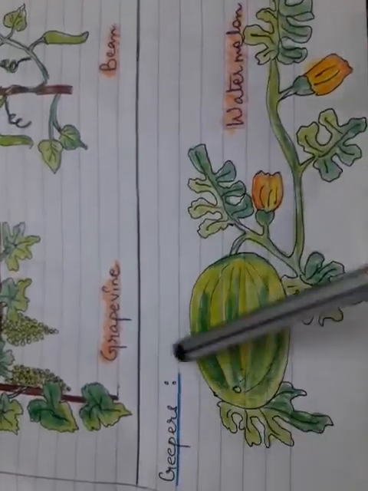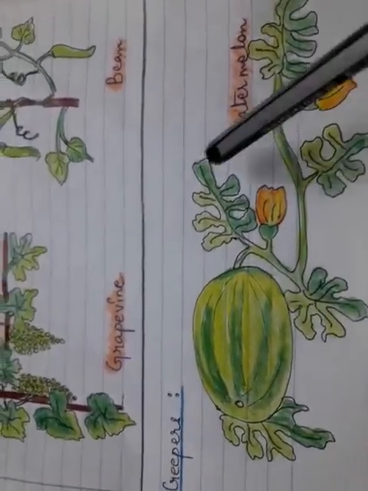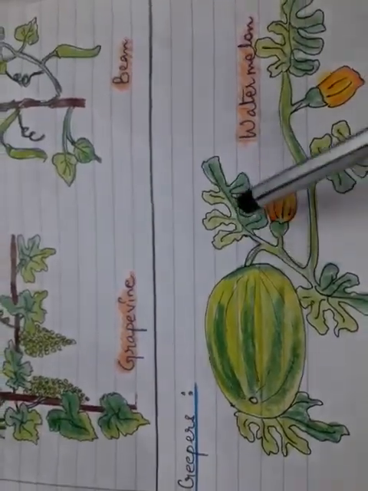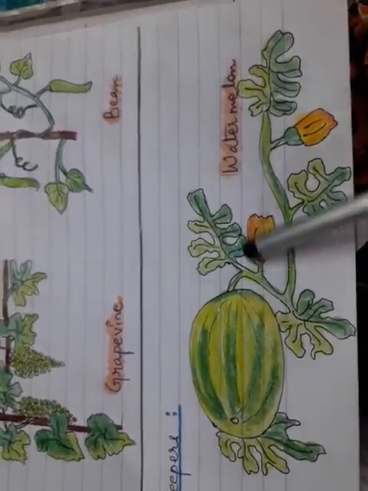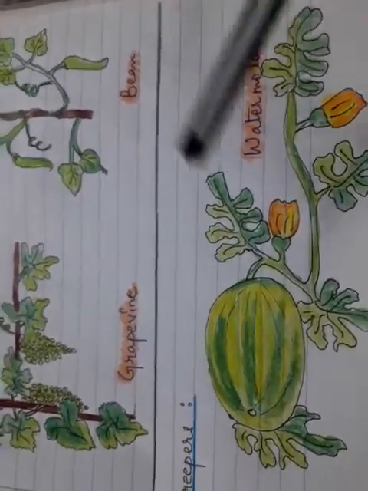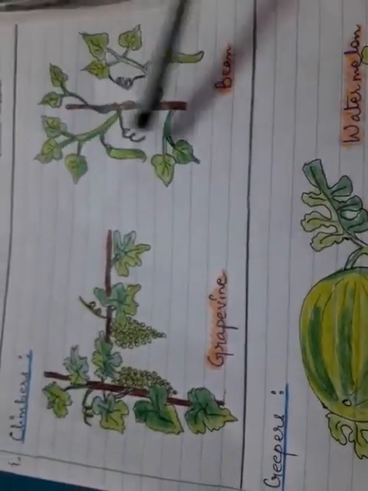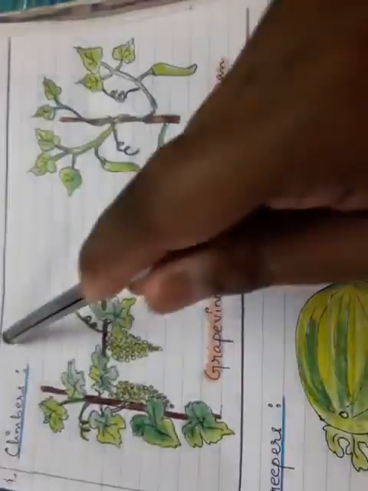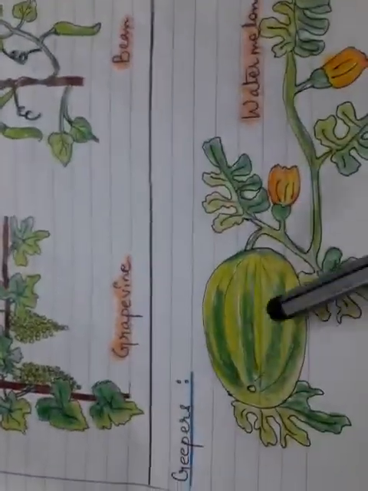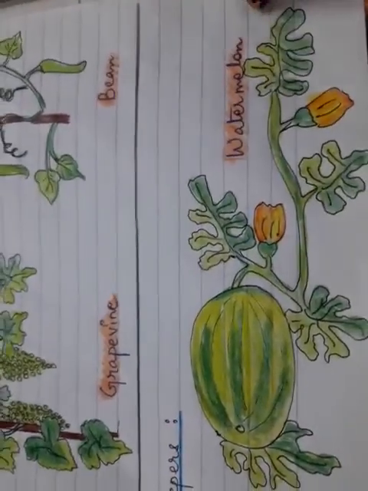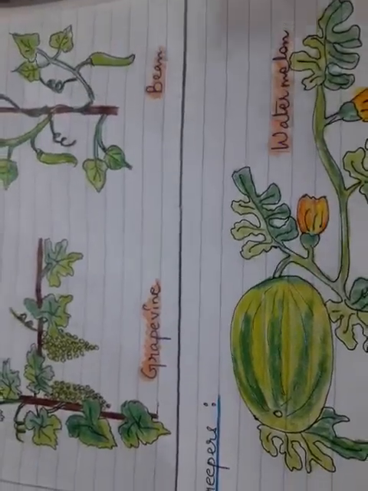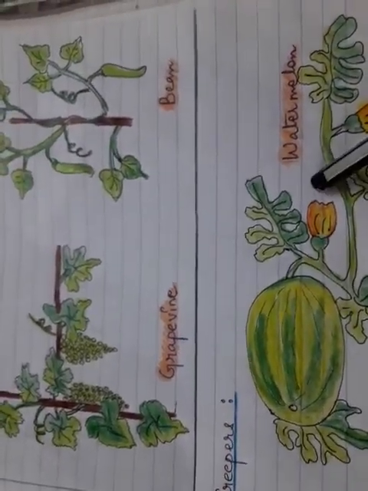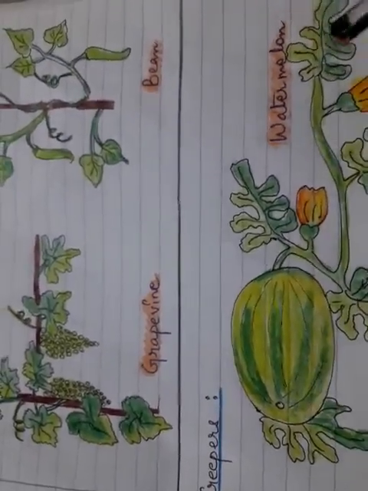Now this is the last type of plant, that is creepers. Creepers have weak stems and heavy fruits, so the stem cannot hold the plant upright. The plants grow along the ground. Creepers and climbers are different, students. Mind it, they are not the same. Climbers climb upright, taking support of a plant, wall or stick. But creepers grow along the ground. They have heavy fruits. For example, watermelon and strawberries are examples of creepers.